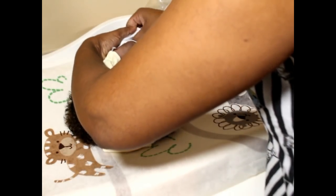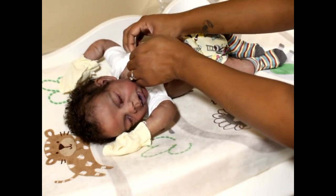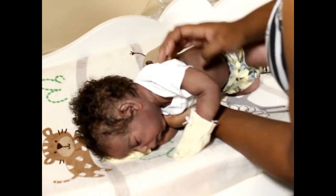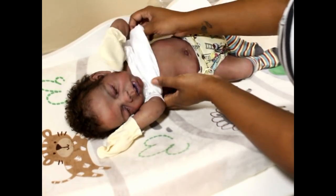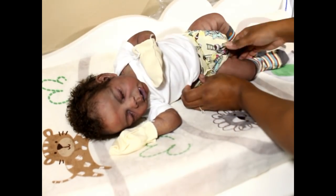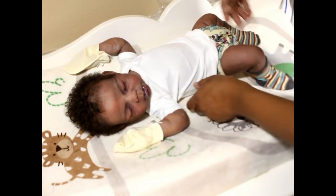Oh, this is a task getting this on. Okay. So if you're not used to handling silicone, if you get to a point where something is this hectic to get on, don't try it. Just let it go, because you might end up having a little whoopsie. I'm very comfortable with silicone and I kind of know some of the limits. I don't take too much of a risk, but